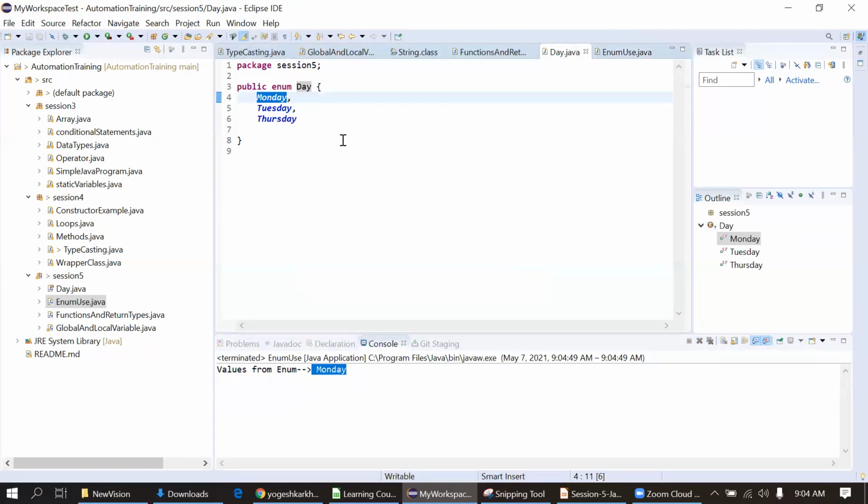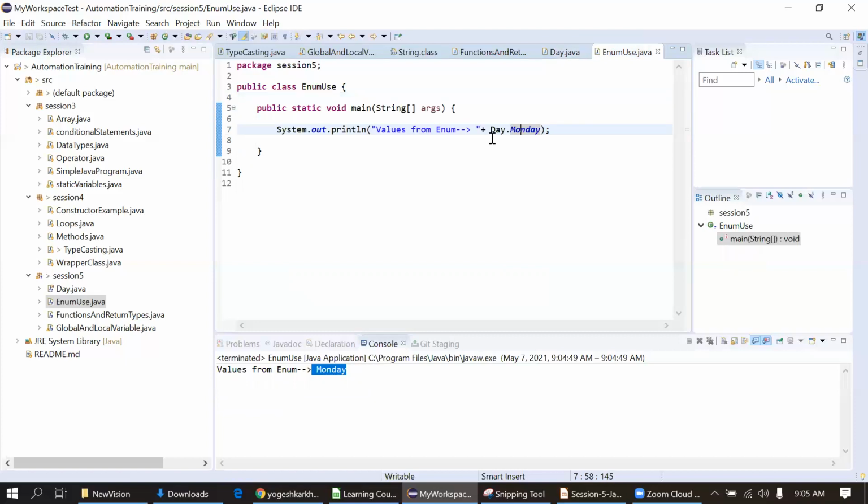So the constant which we are giving here, we can just use that from the particular list in our required classes. And by default it's a static actually. You can see that we have not created an object of this day, we can directly access it. We have not defined the static keyword in front of that enum, but still it's static by default. Just remember this part. So we can directly access this enum.